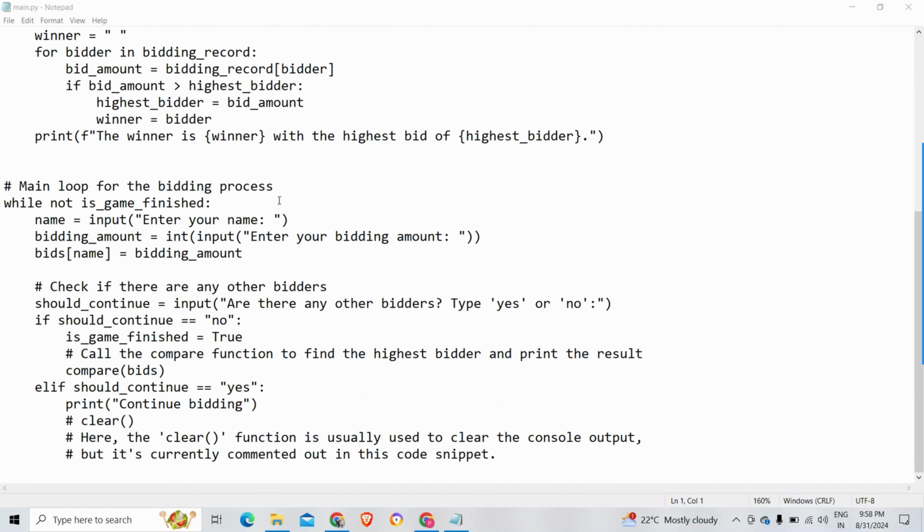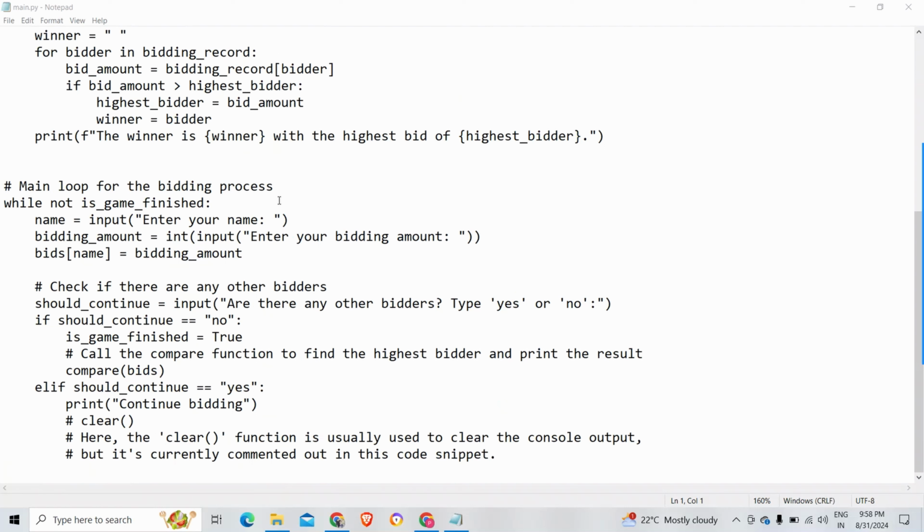Then we have while not is_game_finished. That starts a loop that continues until is_game_finished is set to True. This loop controls the entire auction process. Then we have name equal to input("Enter your name"). This prompts the current participant to enter their name, which is stored in the name variable. Then we have bidding_amount equal to int(input("Enter the bidding amount")).